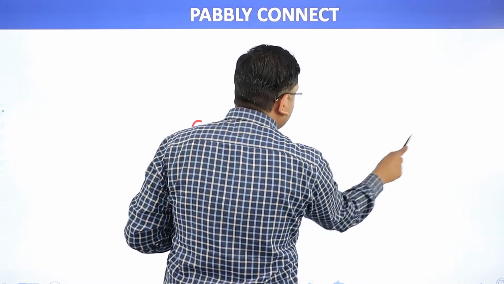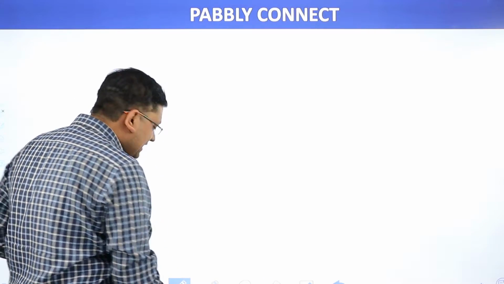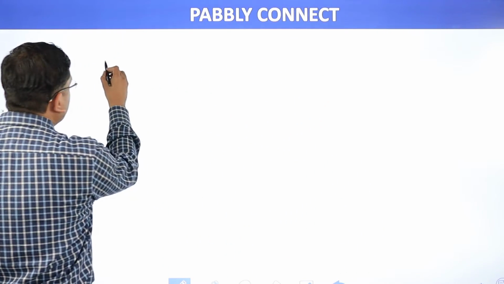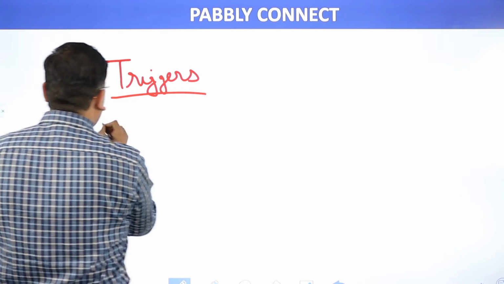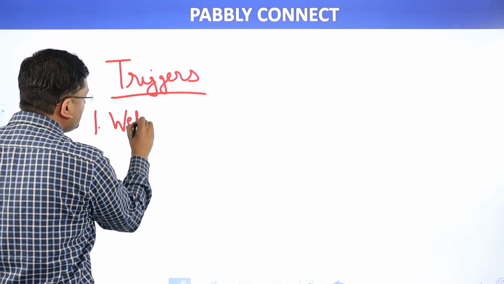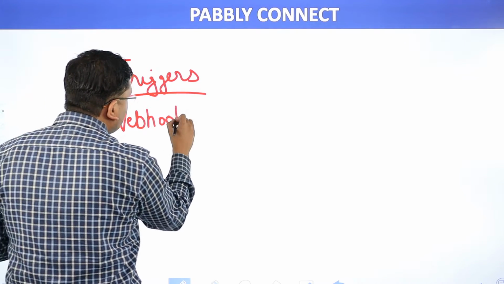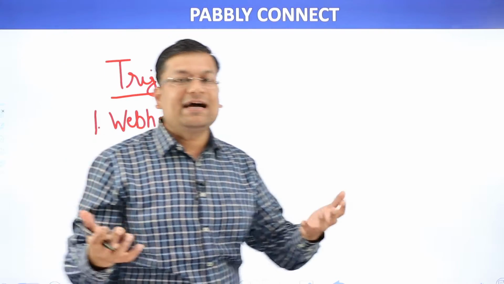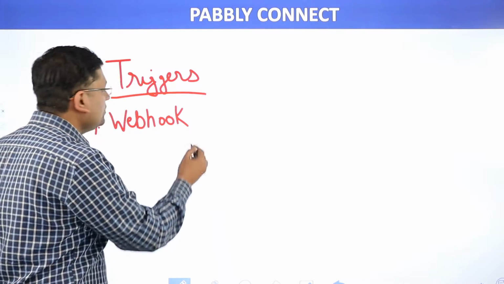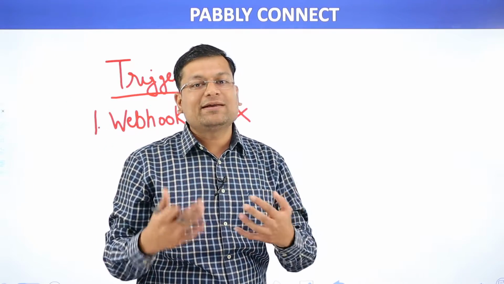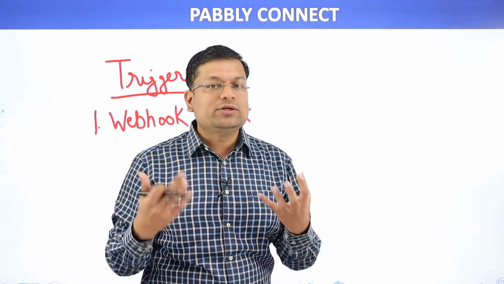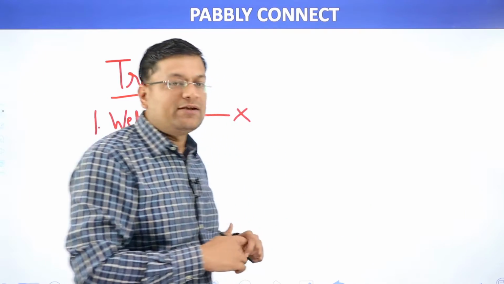Now there are a lot of things that we offer entirely free, things for which you do not even have to pay anything. We offer a lot of different types of triggers. When I talk about triggers, we offer you a webhook trigger. That means if you're getting data from any form software or any other source through a webhook, we do not count the trigger at all. We do not count any type of trigger, but I'm explaining all the triggers that are available so that you know you do not have to pay for them.